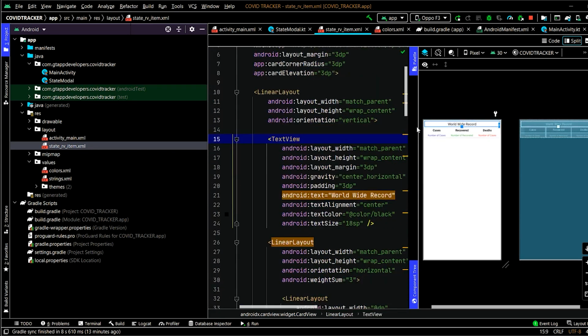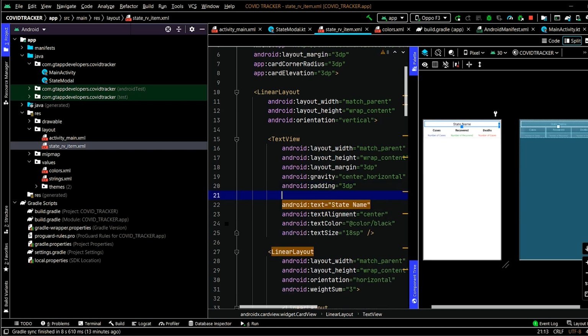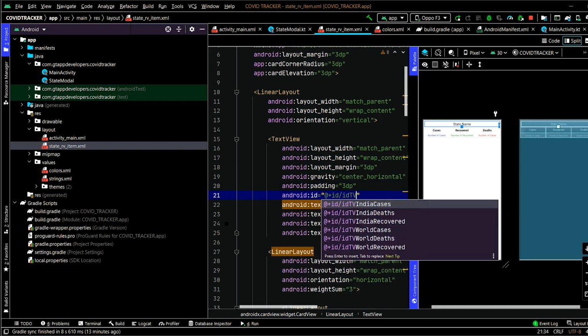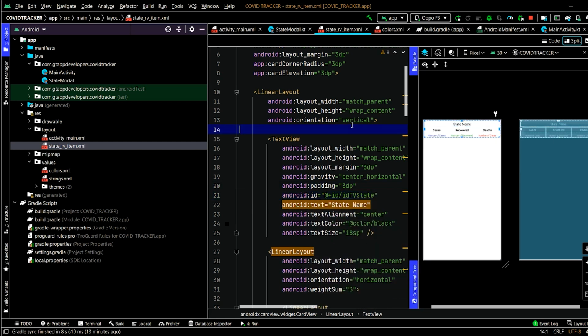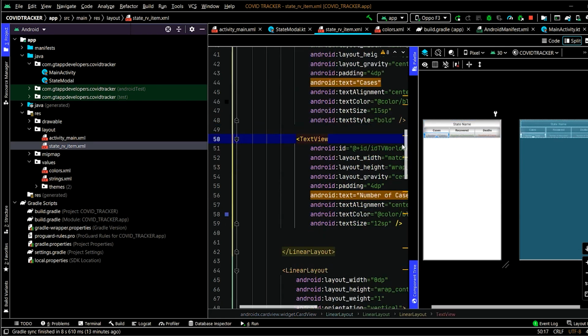So instead of worldwide record, here we will specify the name of our state name, and we will also provide ID for this. ID DB state. Here also we will change the IDs.